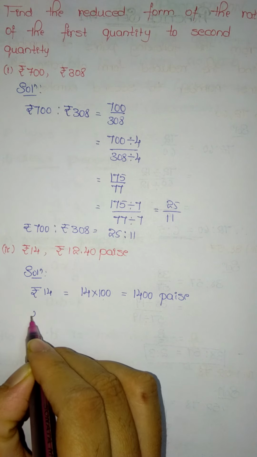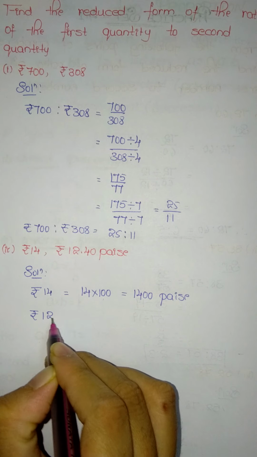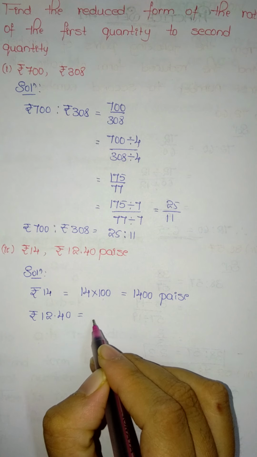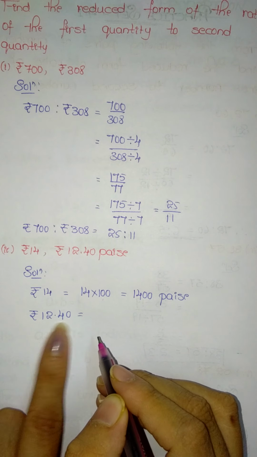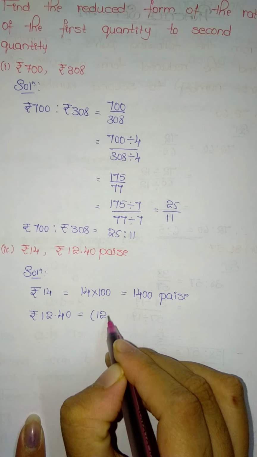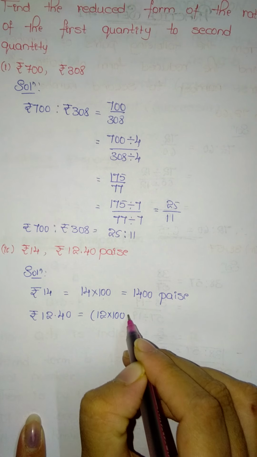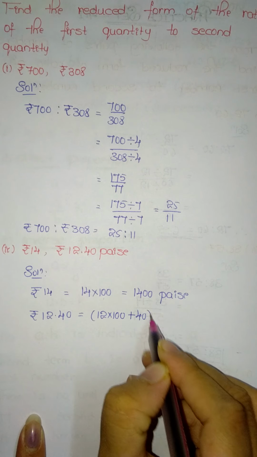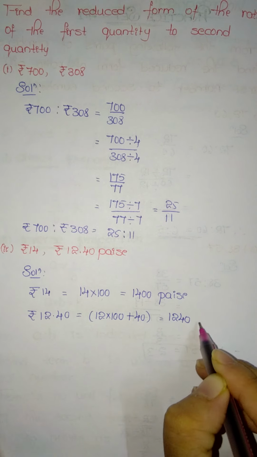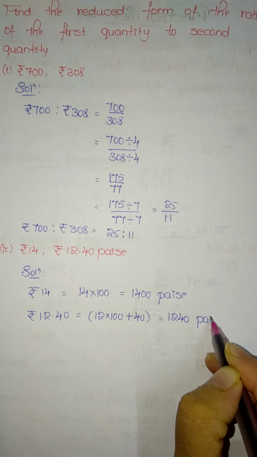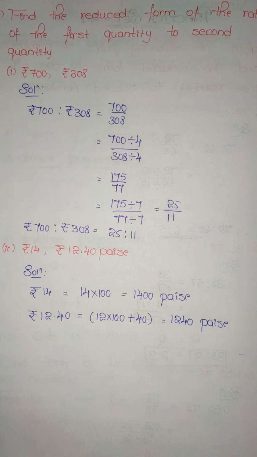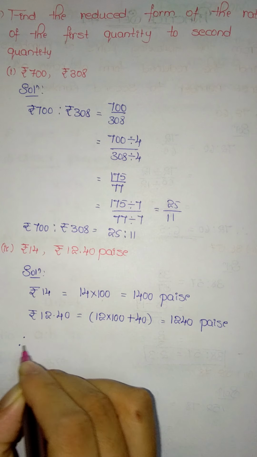Similarly, rupees 12 rupees 40 paise. Here already 40 is in paise, so we only have to convert the 12. So 12 into 100 plus 40. So here it becomes 1240 paise. So both now have the same unit. If there are different units, we have to convert into the same unit. So therefore we can say